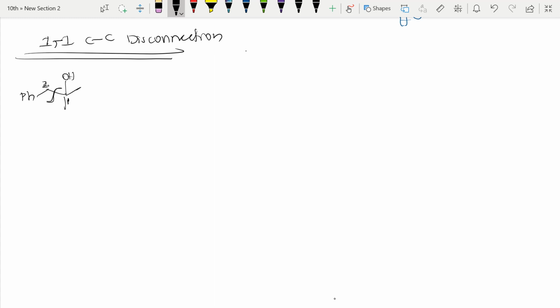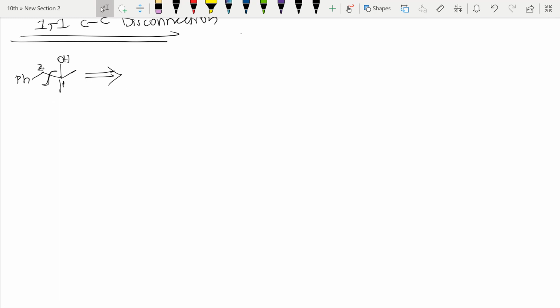If I disconnect, see here, I should get a reagent which is a very good one. Means I can get it in lab. That thing we will search. So here if I disconnect, I can write here plus or OH negative charge. So this disconnection is wrong. Instead of writing like this, if I write like this, carbon gets negative charge, and here this oxygen gets positive, here this carbon gets positive charge, then it is good.